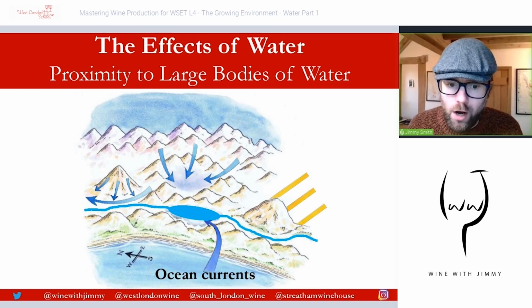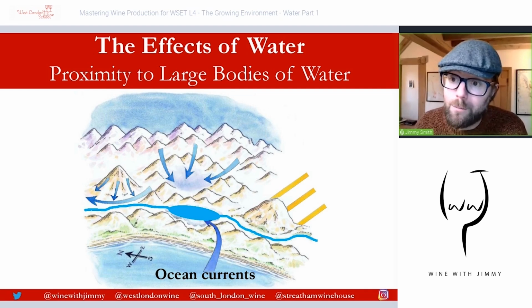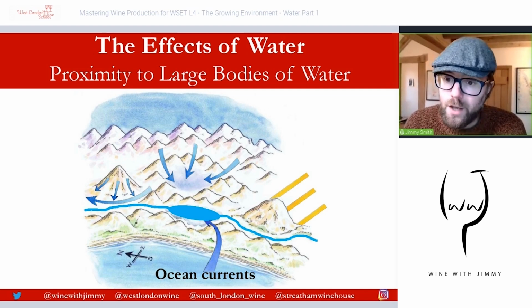Next up is ocean currents. Now, ocean currents have quite a large part to play. You see it's identified at the bottom of the diagram just there. These can also either increase or decrease the average temperature in the growing season of nearby wine regions. Now, this is something which has been talked about quite a bit in other sections I have done on sunlight and vine growth cycle as well. The ocean currents could be a cooling effect, such as the California cool current. You could have the Benguela and also the Humboldt, which both originate from Antarctica and affect respectively South Africa and